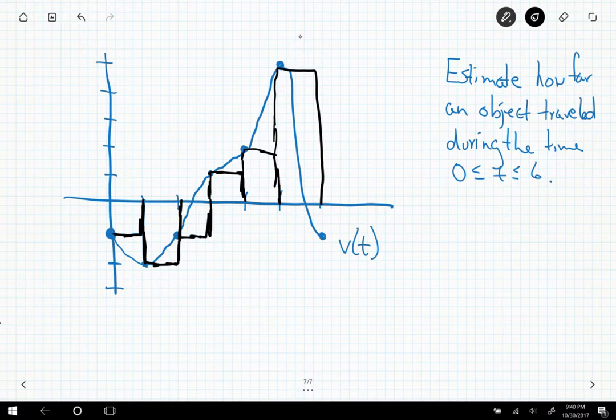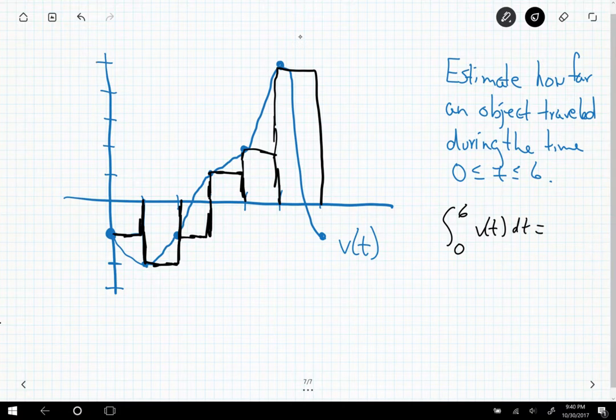And in terms of what we're looking at here, how are we going to find those values? Well, what we know is that the integral, this fancy term, from 0 to 6 of v of t dt, would be the displacement over the 6, what is it, minutes? It doesn't really say, so over 6 seconds. Okay, so if that's the case,